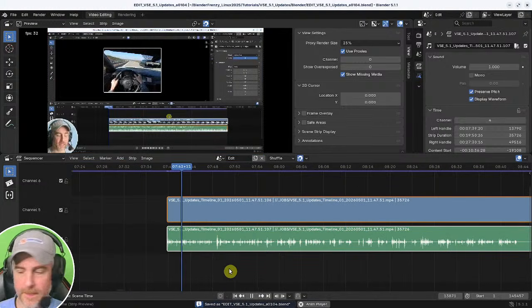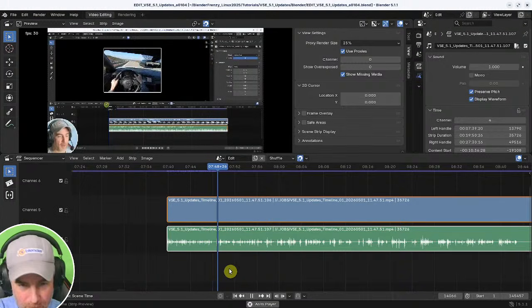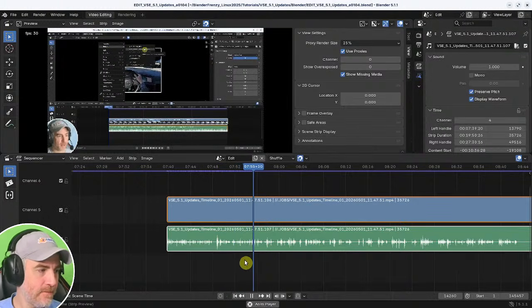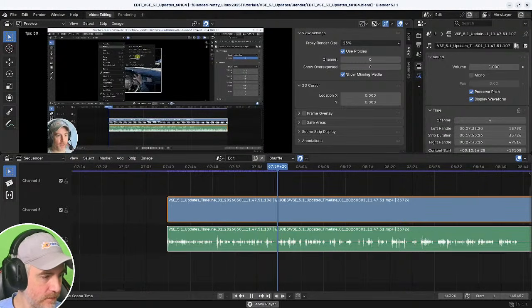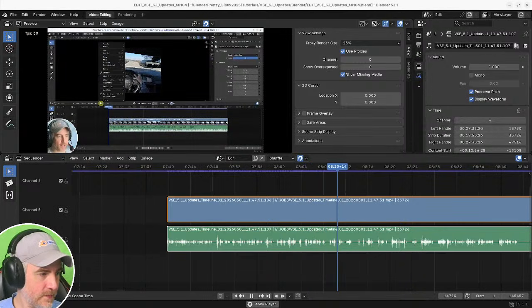Boom. Retiming keys. Now, this is another one that I don't use ever because they confuse me. I just use speed control for retiming stuff. But if you want to use retiming, just make sure you select your strips and go to Strip, Retiming, and then you can add a retiming key. You can show retiming keys. So if I just show them, okay, they're here, and there's not really much change. And if I hide them, which is Control R,